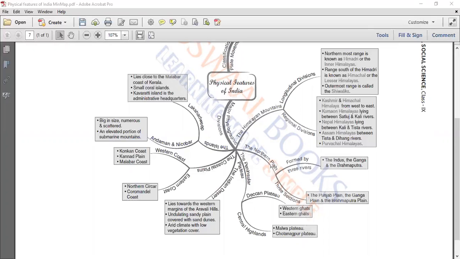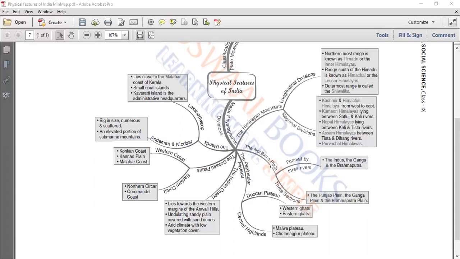Three things. One, first concentrate on learning the location of the different physical features and the characteristics of those physical features. Number two, you will learn the comparison between the different physical features. This is another thing you should concentrate on. And number three, how each physical feature complements the other.